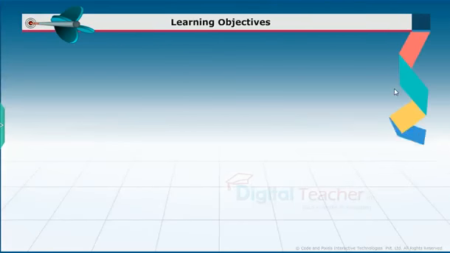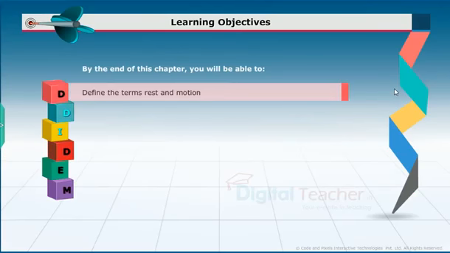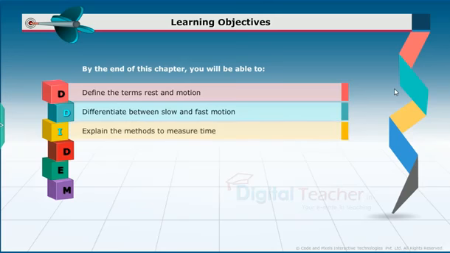Learning objectives. By the end of this chapter, you will be able to define the terms rest and motion, differentiate between slow and fast motion, explain the methods to measure time,